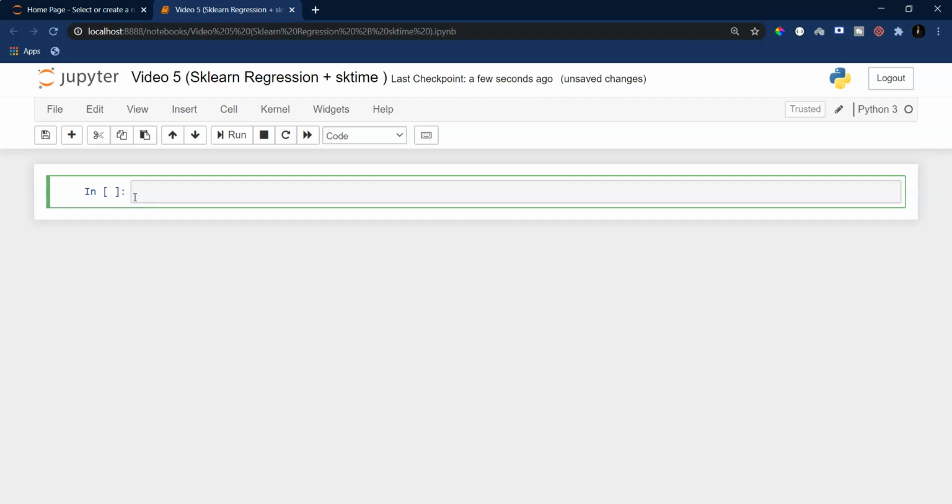Now you might be thinking, why am I always taking this particular dataset? Because it is pre-built with the SK-Time library, and I do not have to go and look for other datasets. But that doesn't mean I will not be taking other datasets in future.